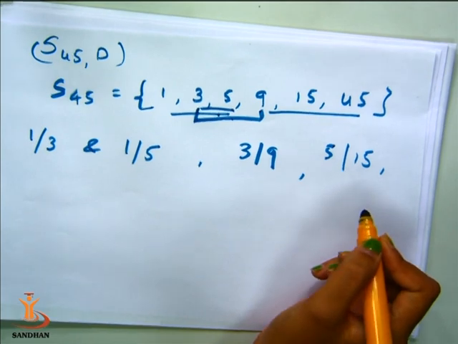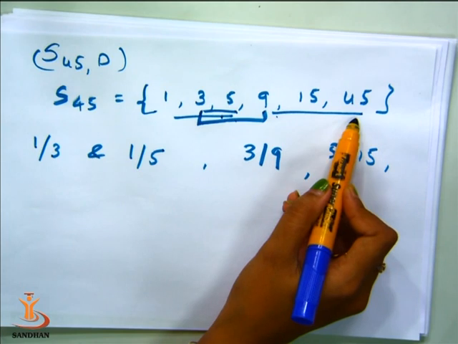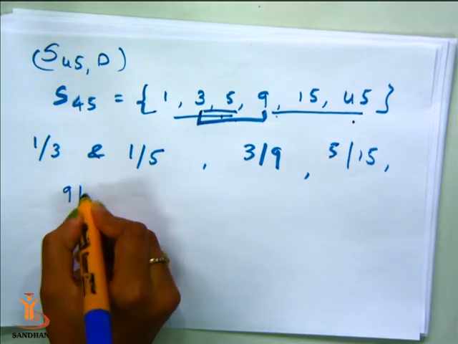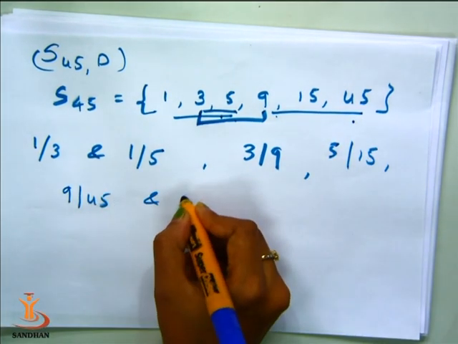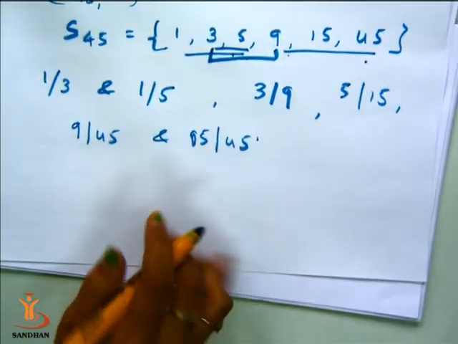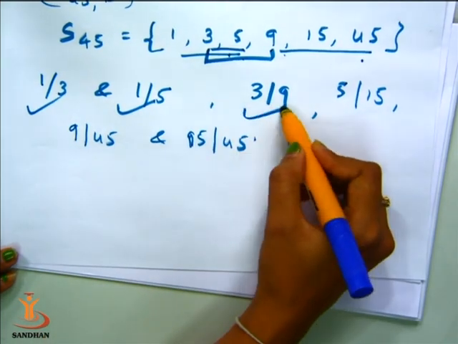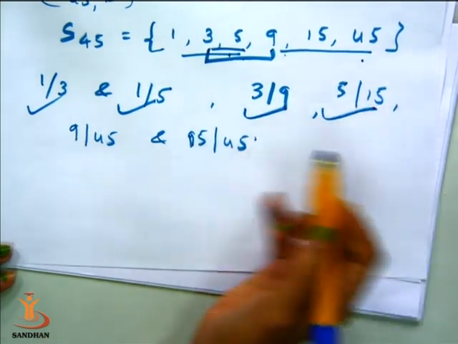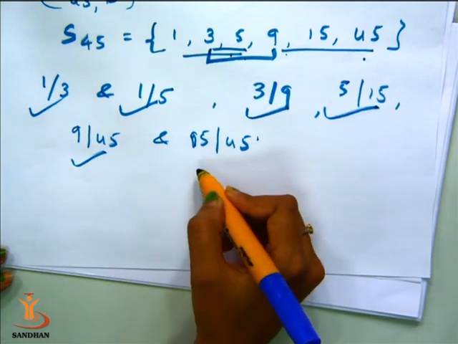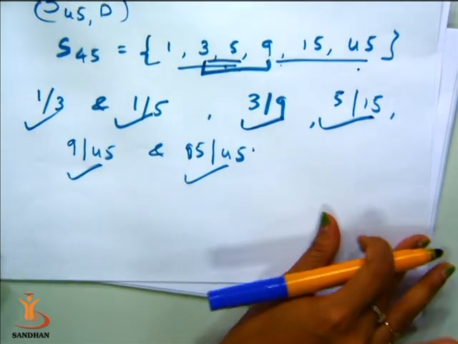15 by a line, and lastly we have 45, that 9 divides 45 and 15 divides 45. So we have a line between 1 and 3, and 1 and 5, a line between 3 and 9, and 5 and 15, and a line between 9 and 45, and 15 and 45. So